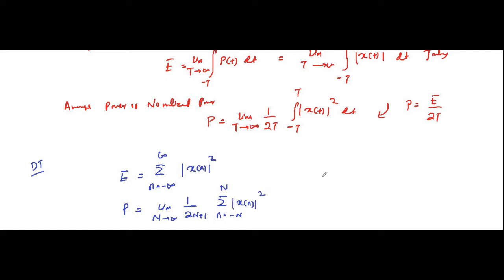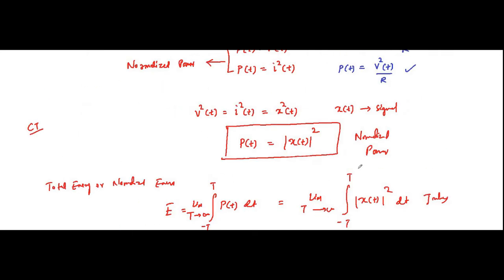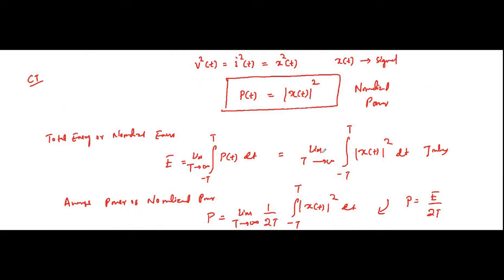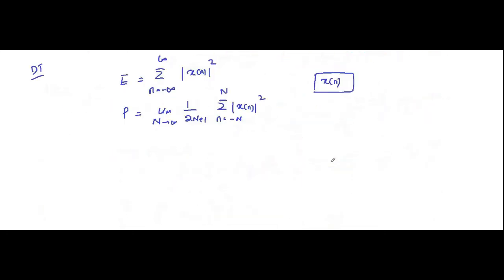This is for discrete time sequence x[n]. This is for continuous time domain signal x(t). Okay, so this is the expression of energy and power signal. Now we know that here the power is given by this